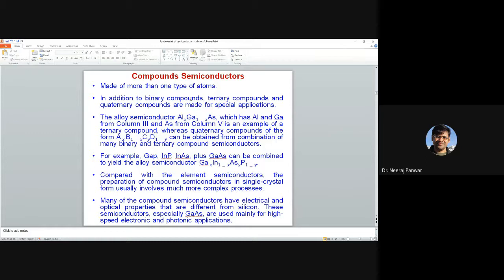But molecular beam epitaxy, or MBE, is a very costly technique, not available everywhere. Many of the compound semiconductors, be it binary, ternary, or quaternary, have electrical and optical properties that are quite different